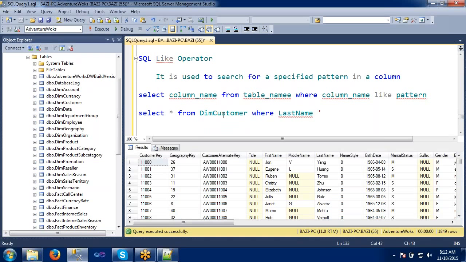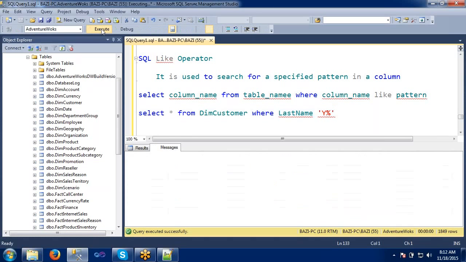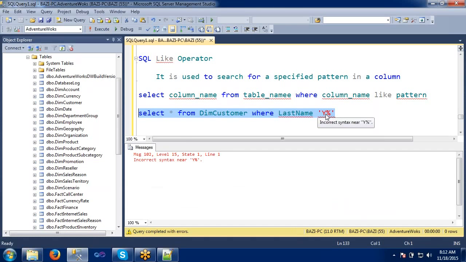I know it starts with Y. Apart from that, I don't know exactly what the last name is. So I just want to see the last names which start with Y. Like, sorry, I missed this one.